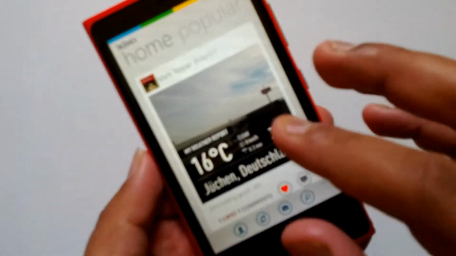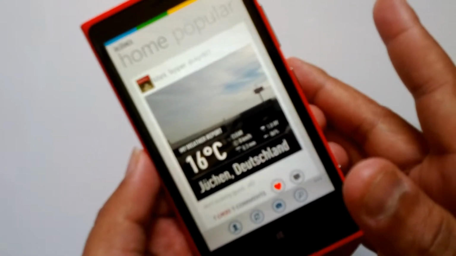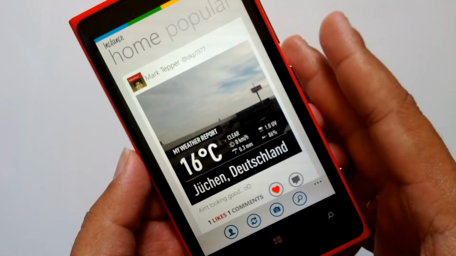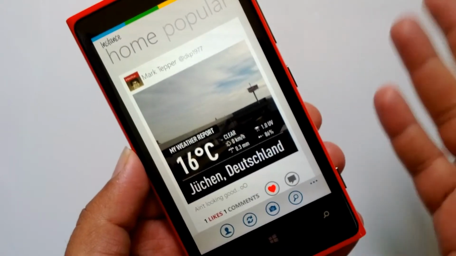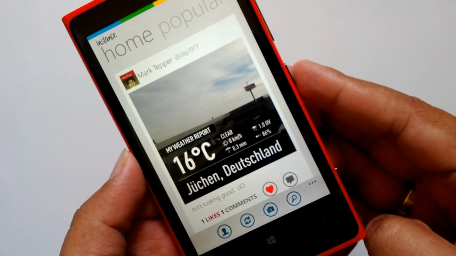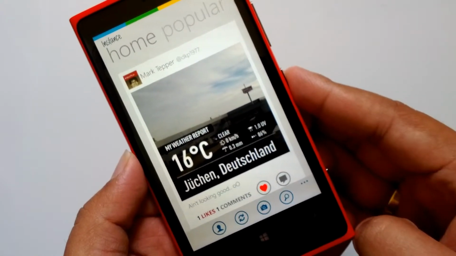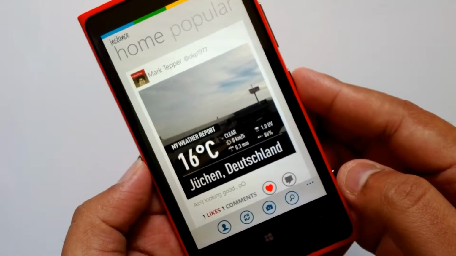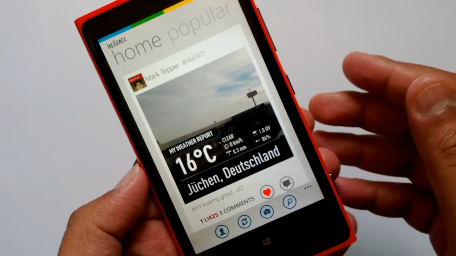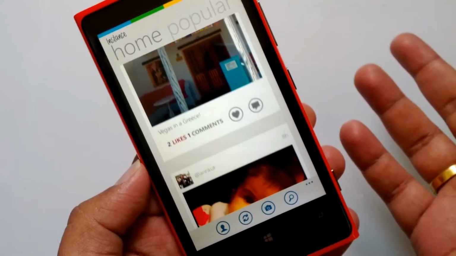Overall, a very good app. Although it does compare with the Instagram app when it comes to usage, we would say this is equally good. But since Instagram hasn't been officially released and is in beta state, we are not sure whether it's going to be a free app. As of now, this app is not free, so you can purchase it from the Windows Phone store and try it if you want to use Instagram on Windows Phone.